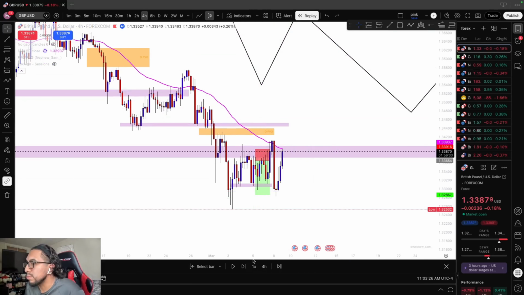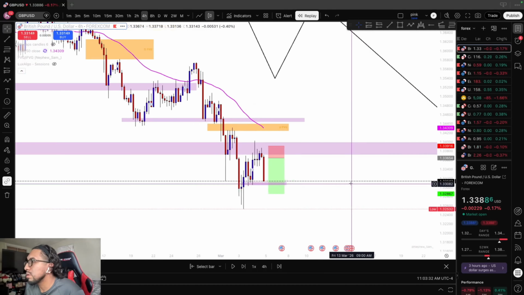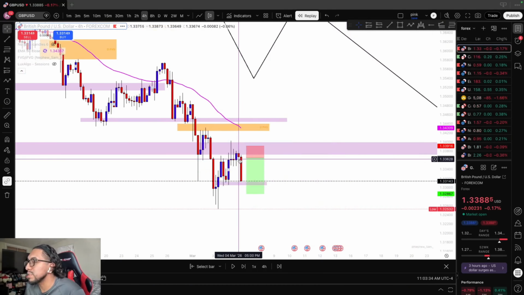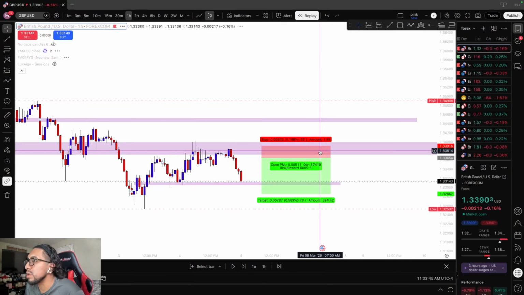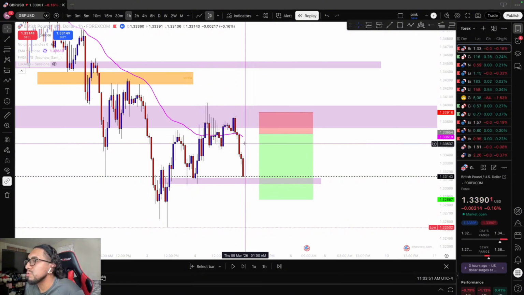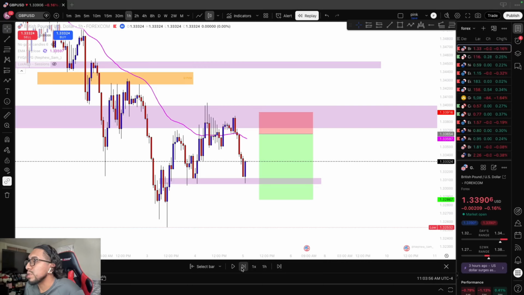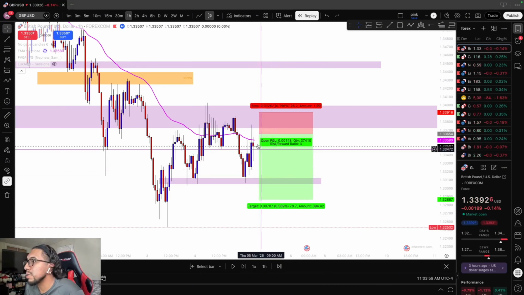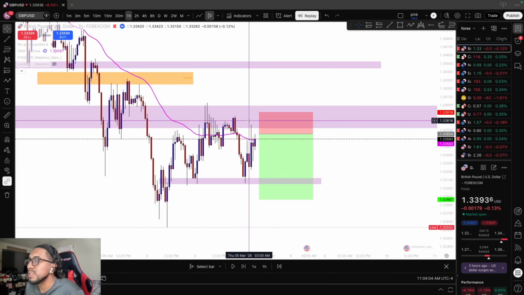Actually, let's go market replay, select bar. There we go. So I saw the price had a bearish engulfing candle for Wednesday at 9 p.m. at night. So then we dropped down to the 1 hour. I saw we had this massive sell, but I was waiting for a retrace back to this area before I could enter into the sells. So price eventually did come back to this area and was also rejecting from this area